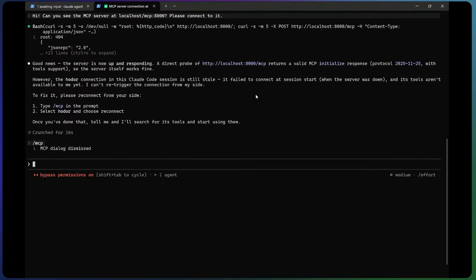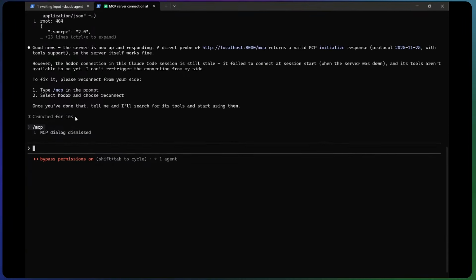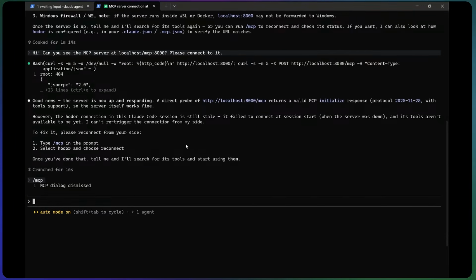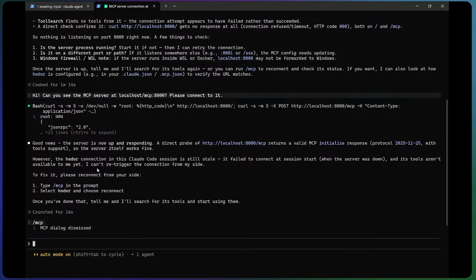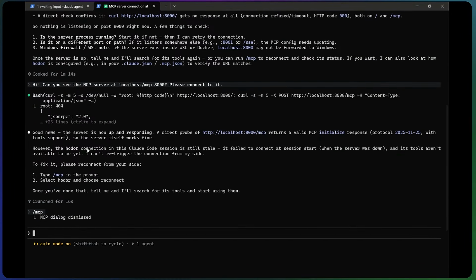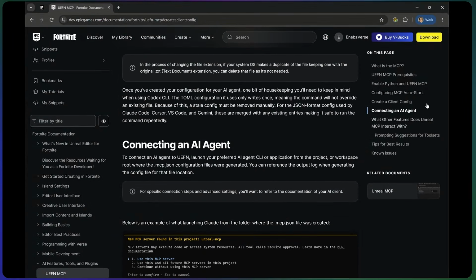No. It is not connected, so let's see, I think